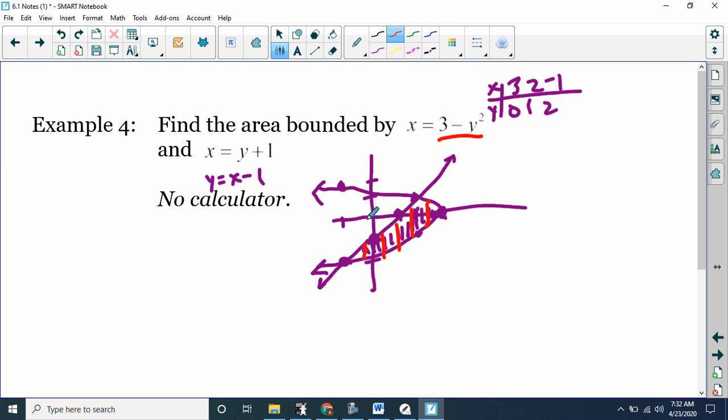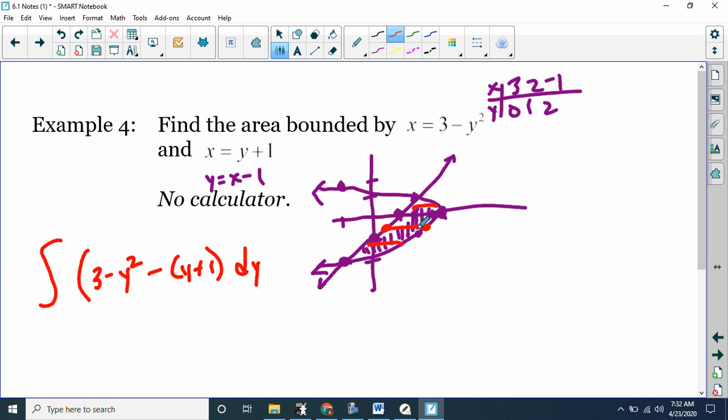Or an easier way to do it is instead of thinking about what we're doing vertically, we can look at it this way and think of the rightmost function minus the leftmost function. So we're going from here to here. Notice if I go that direction, it's always this curve minus this curve here. So we can integrate 3 minus y squared. And notice it's the x value of that point. So it's the x value, so we're leaving it as x equals, minus the x value of this point. So minus (y plus 1)